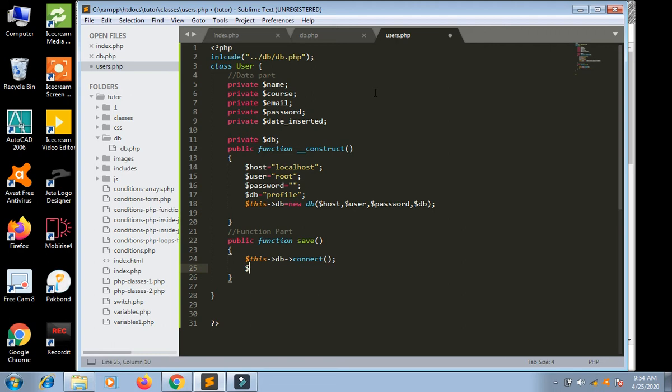We have created the object. This has been connected, and after that we will save.